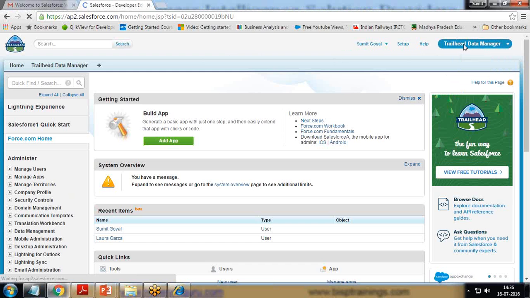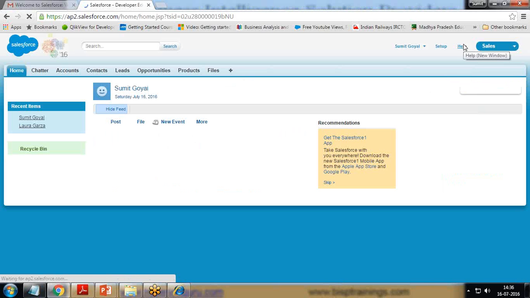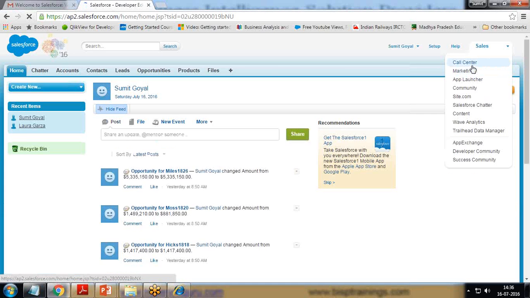In Sales, everything is similar, everything is the same as we have in a default registration, like we have in a developer account: call center, marketing, app launcher. The only new thing you can have a look at here is Wave Analytics and Trailhead Data Manager. Trailhead Data Manager is the default application. It's a custom application which comes along with this account. Apart from this, we have the Wave Analytics option. This Wave Analytics option will be used to work on